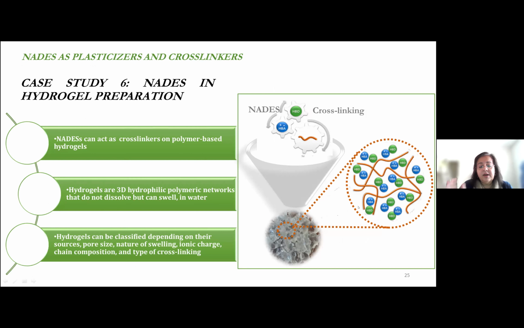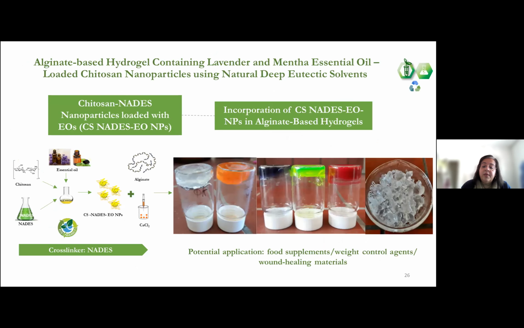And they are classified using different criteria, depending on their sources, pore size, nature of swelling, etc. So in this context, what we did was we just wanted to work on some materials to use as food supplement and weight control agents. So we decided to combine chitosan, which is a well-known biopolymer that helps weight control, essential oils that also do this, and